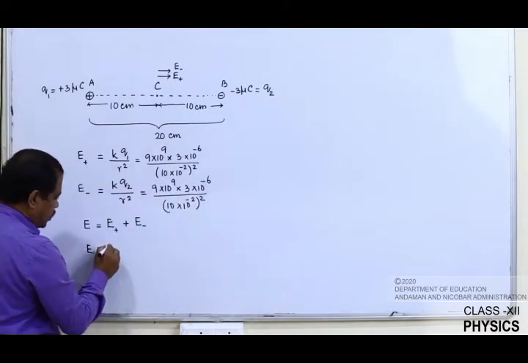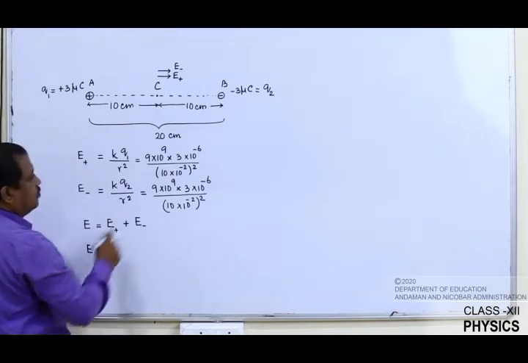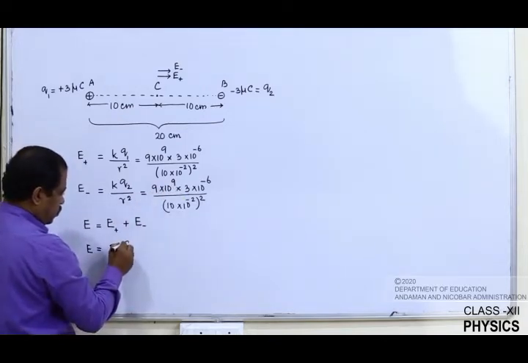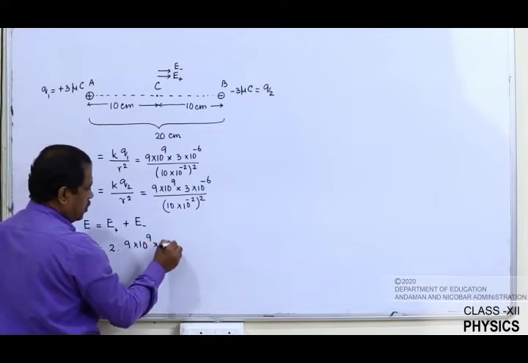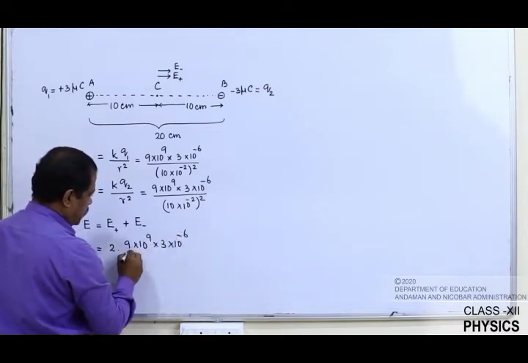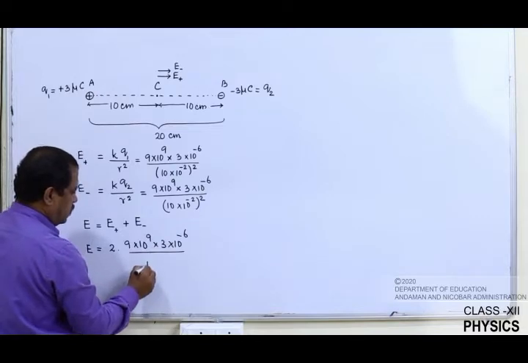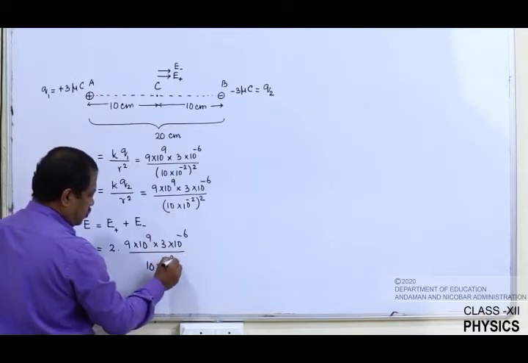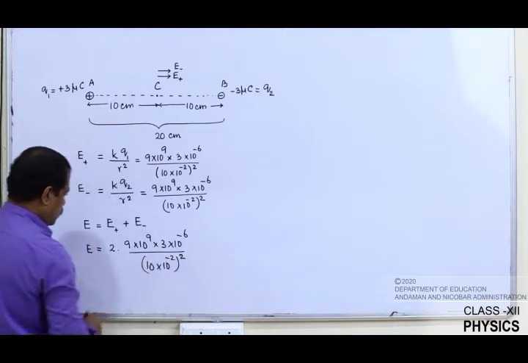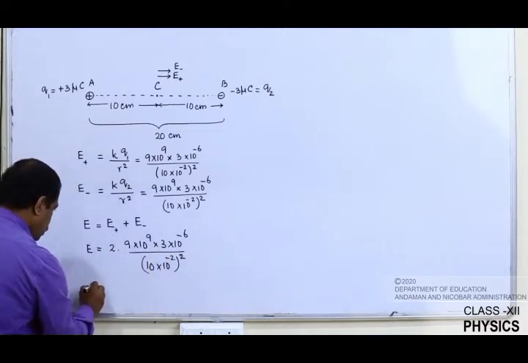So straight away I write 2 into any one of the two, 9 into 10 power 9 into 3 into 10 power minus 6 divided by 10 into 10 power minus 2 the whole square, which works out to be E is equal to